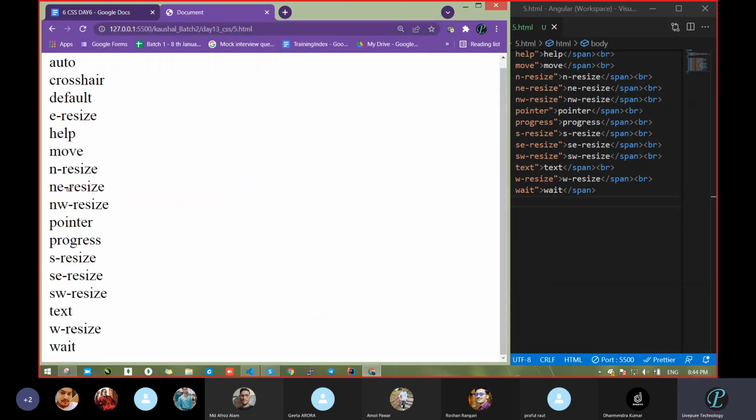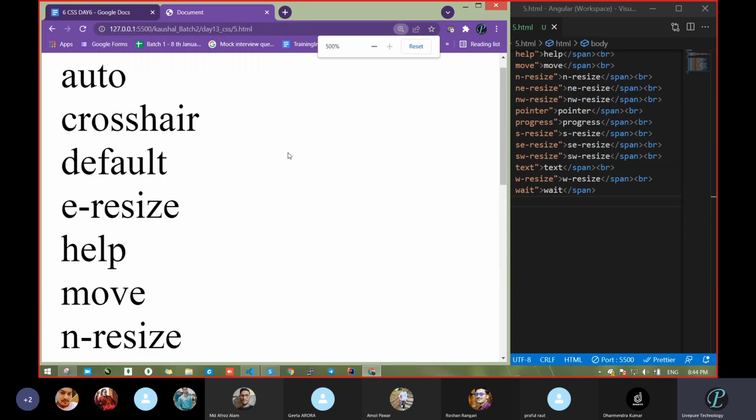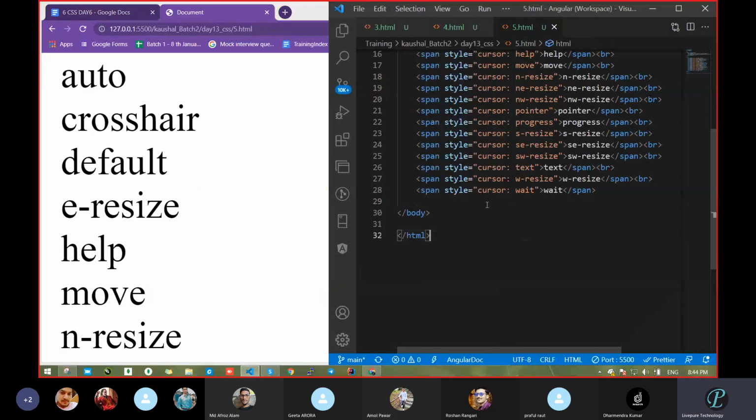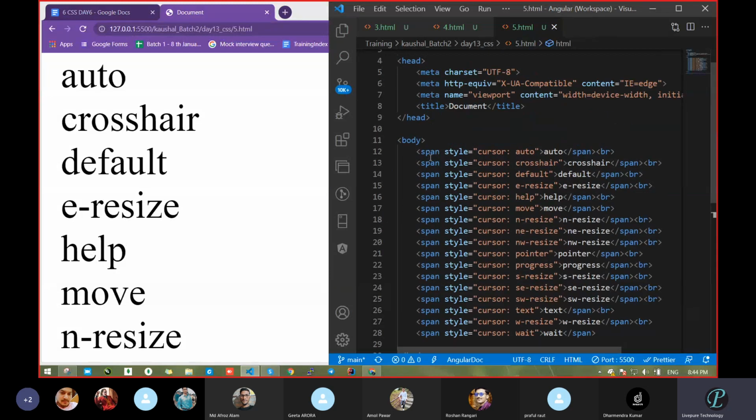So see here what it is going to do. You can realize that easily. When I put the cursor over that particular area, please look at the pointer. What is there? Automatic. What are you getting? Wait, due to a span, this will not work properly. Let me convert this span to div, then you will get it easily.